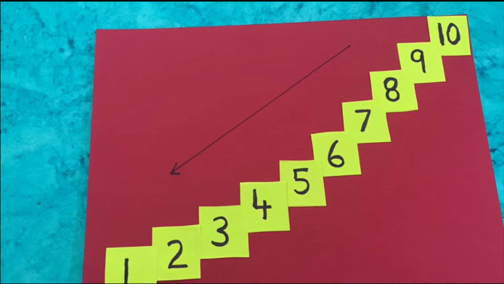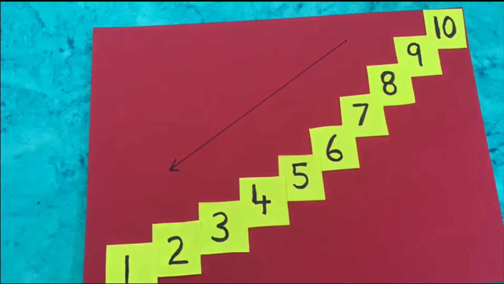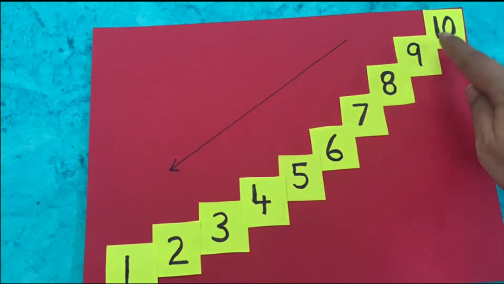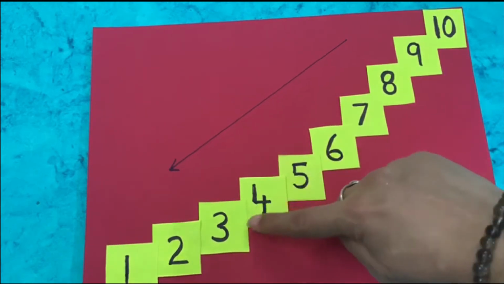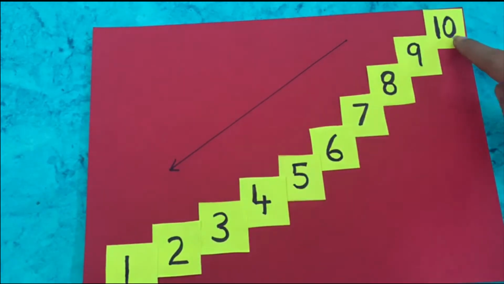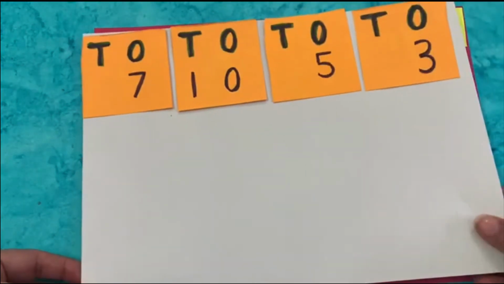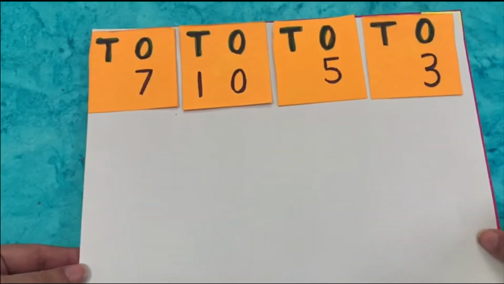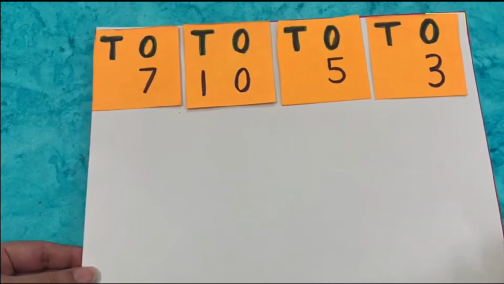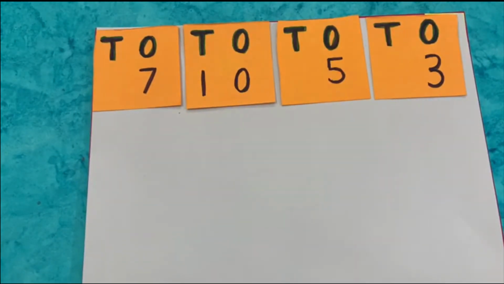Like you can see some numbers here. In descending order, we will move from the big number to the small number. We will move backwards from the big number to the small number. So now here I have some numbers with me, and we have to arrange them in the descending order.